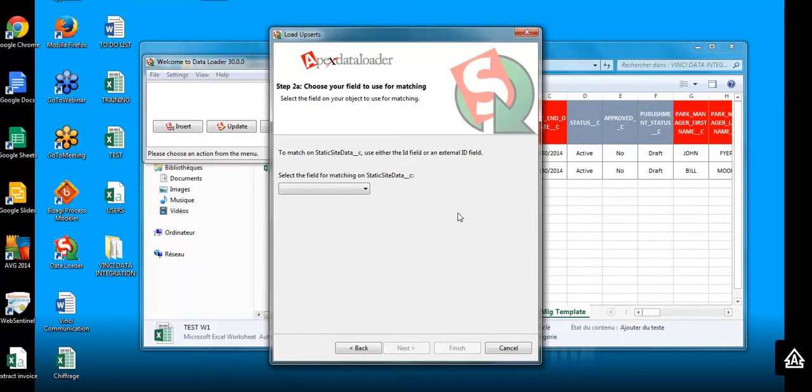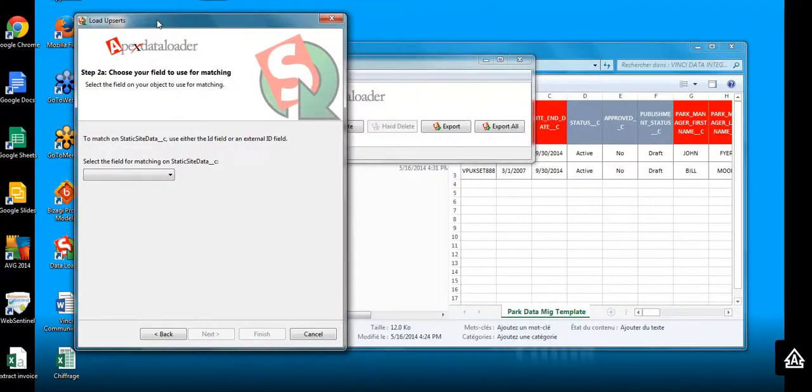Now Salesforce is requesting a static site key. So you can choose the Salesforce ID of the record or the static site data. So ID, if you have a Salesforce ID, you can choose ID, or you can choose the site identification, which is, if you remember, the first field here, the VPUK.